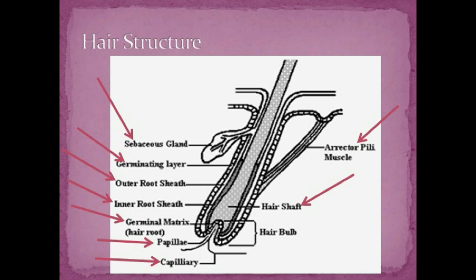The middle layer of the hair shaft is called the cortex, made of keratin fibers. The strength, color, and texture of a hair fiber is provided by the cortex layer of the hair shaft. The outermost layer of the hair shaft is called the cuticle. This thin and colorless layer, made up of between 6 to 10 overlapping layers of long cell remnants, serves as a protection to the cortex. The hair bulb. The hair bulb is that portion of the follicle